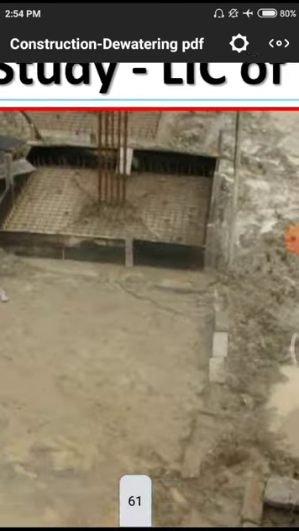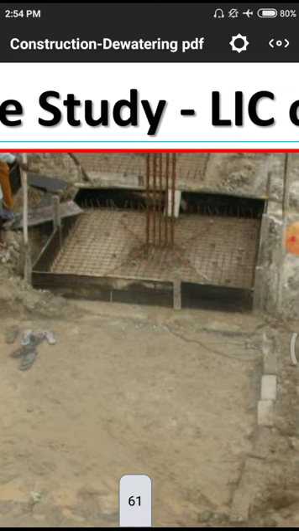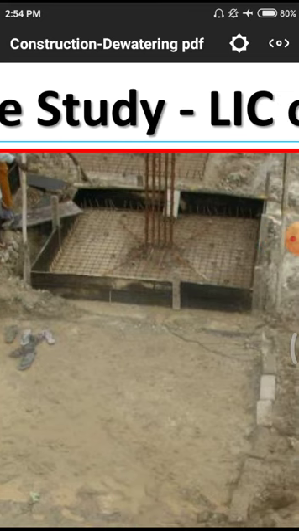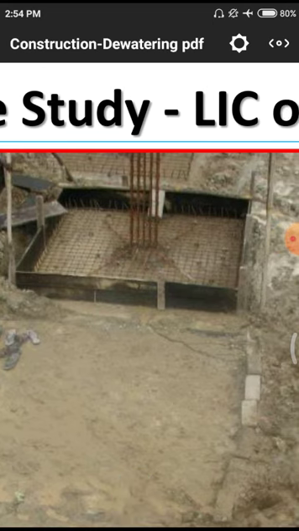Here the workers have placed shuttering. That means on the surroundings we have shuttering works. After that they placed the column bars. That means footing bars, and above that we have the column bars. Below the footing of this particular footing, we have small blocks, which are called clear cover blocks.